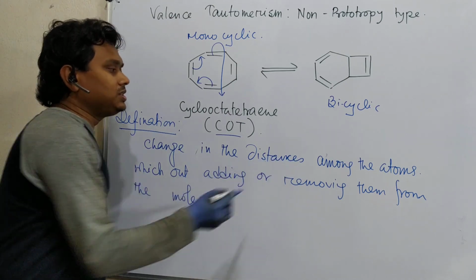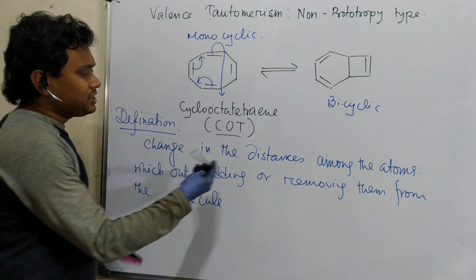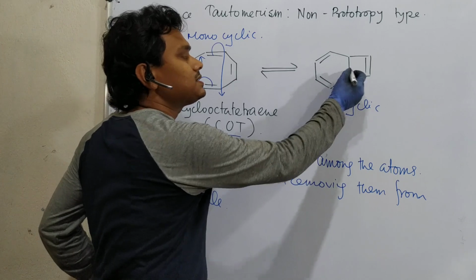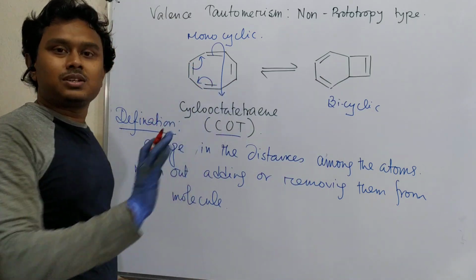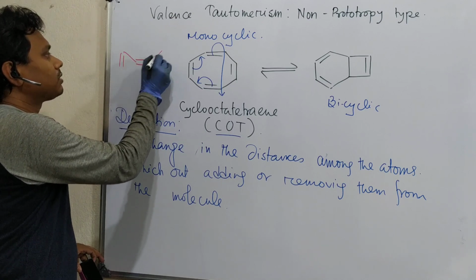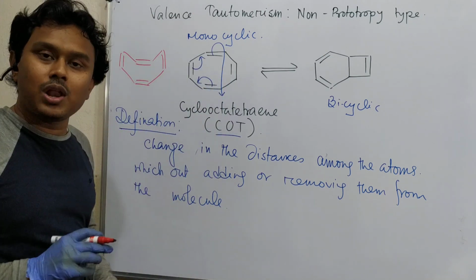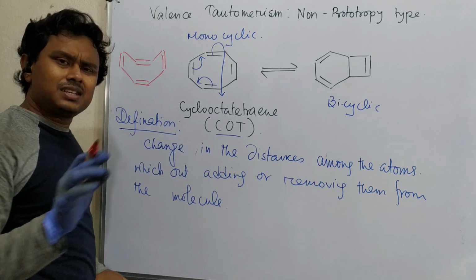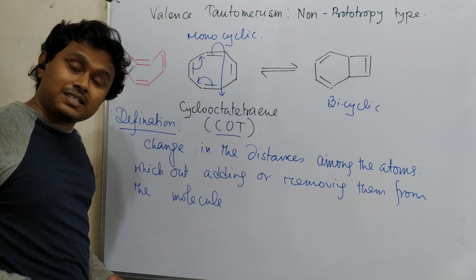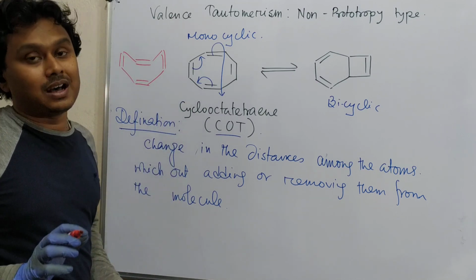It is the change in the distances among the atoms. See, previously this distance was what? Right now this distance is reduced. And another thing, COT doesn't look like that. COT is actually boat shaped. And that is the reason that although it has 8 pi electrons and all atoms are cyclic planar, it is not conjugated. Because of this boat structure, its conjugation deviates and that rescues it from anti-aromaticity, means extreme extent of destabilization.